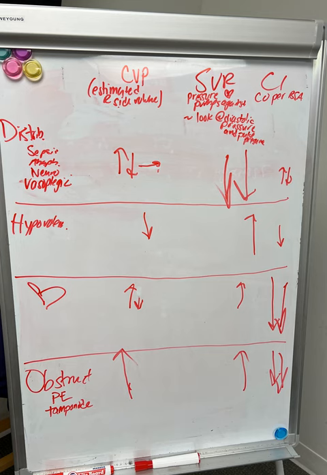when we do a PA catheter, a pulmonary artery catheter, what we're trying to get at is left ventricular end diastolic volume. That's what we're trying to get to. The ideal, if you can measure left ventricular end diastolic volume,